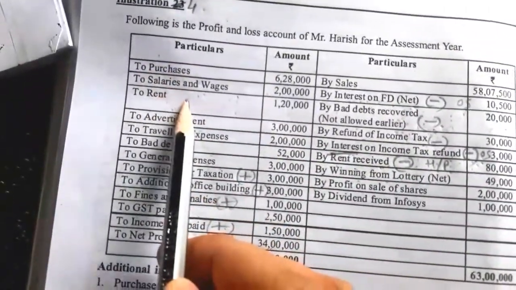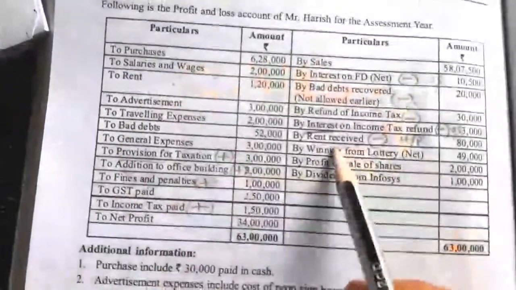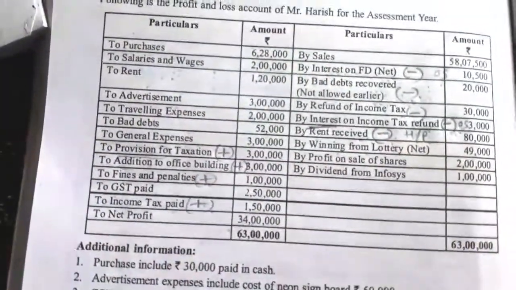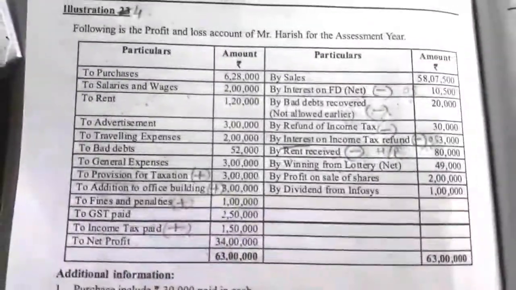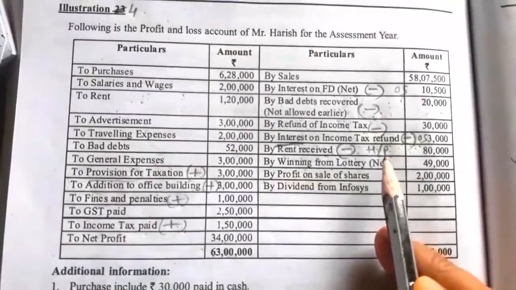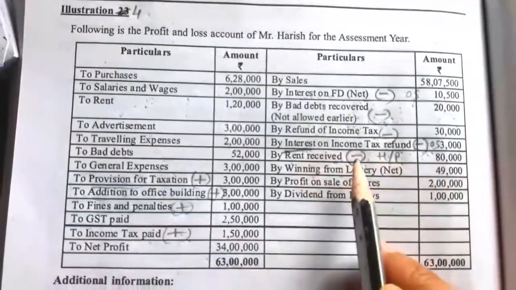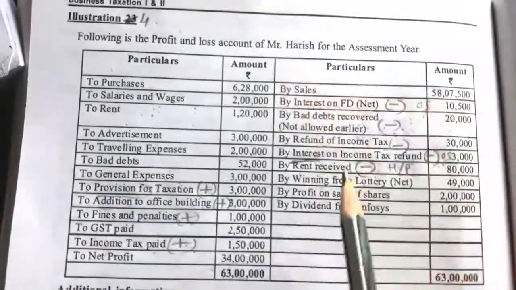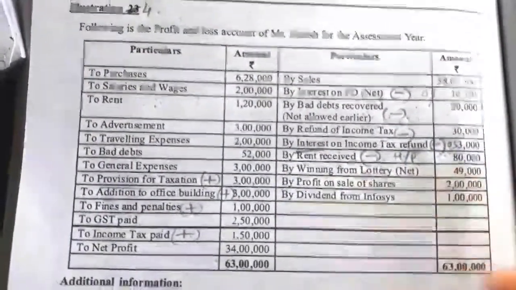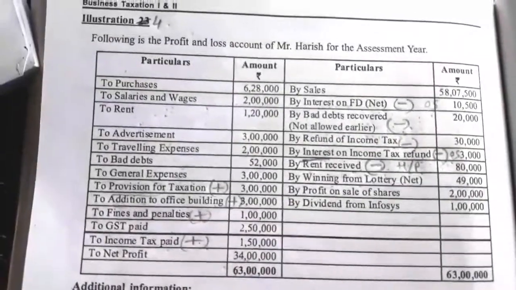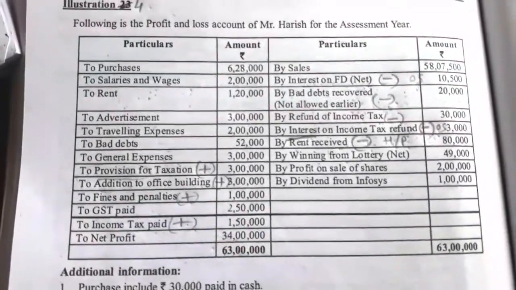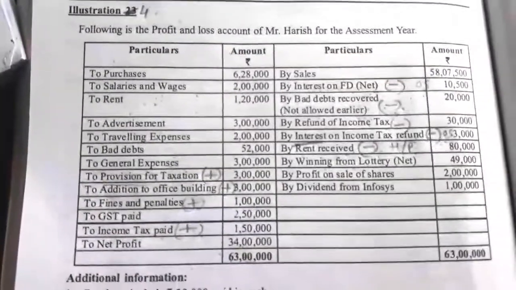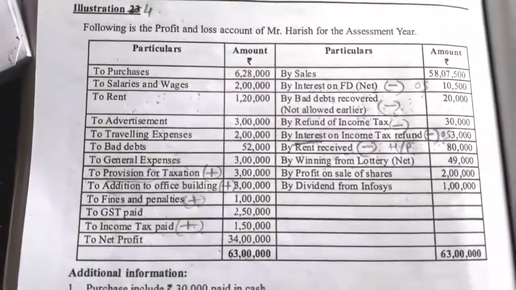The rent given on the debit side is rent paid. Rent paid is taken as an expense, rent received is income, but it is not business related income. Rent is usually received from a house property given for residential purposes, so it should be taxable under the head house property. It is not business. The rent Harish is receiving from a house property is income from the house property, and it is taxable under a separate head, that is section 22, income from house property.